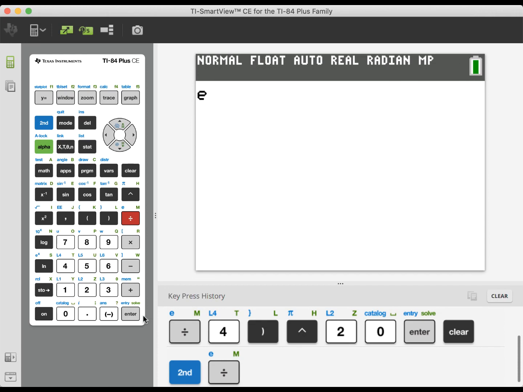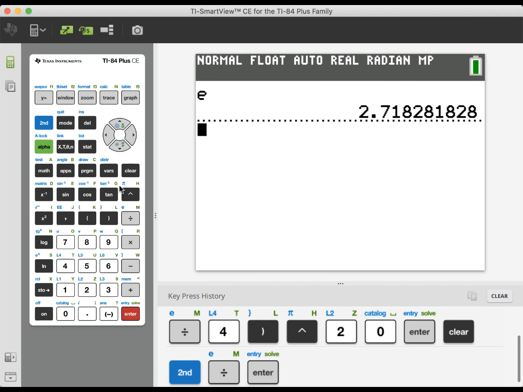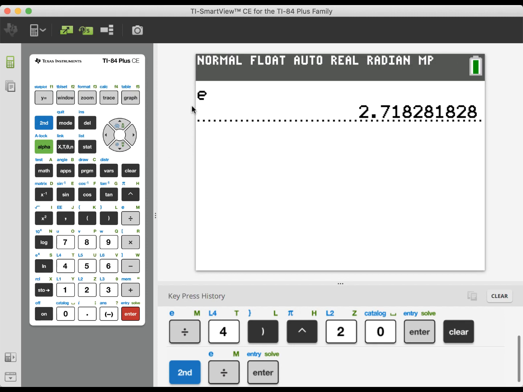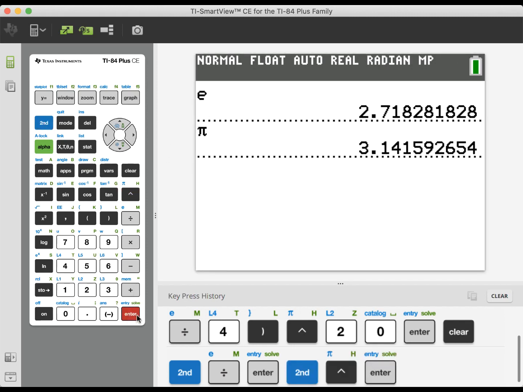E is actually just a number. It's weird, it's just a number. And if you type in e, it's going to give you 2.718281828. But here's the thing. This e is very similar to pi. So if I type in pi and click enter, it gives me